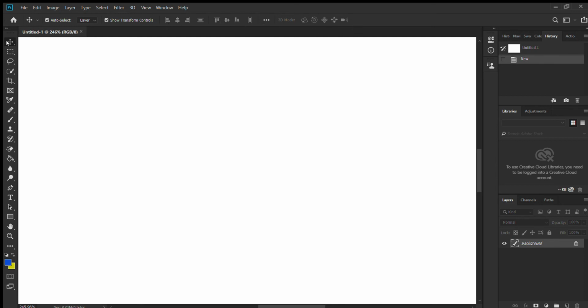First of all, if the marquee tool is selected, then the description of the marquee tool, different types of options of the marquee tool, is showing here. If you select the rectangular marquee tool, then the options related to the rectangular marquee tool will display here. After that, if you select the lasso tool, then the lasso tool options are given here.